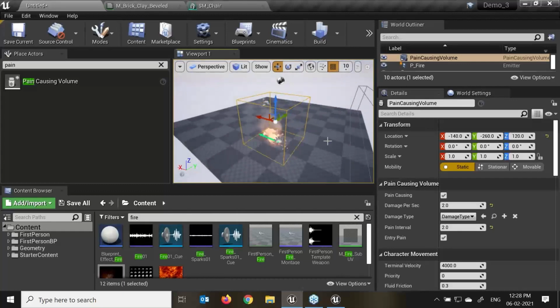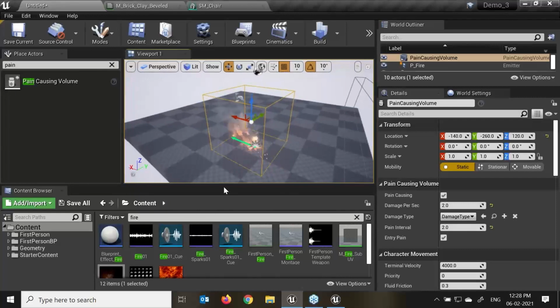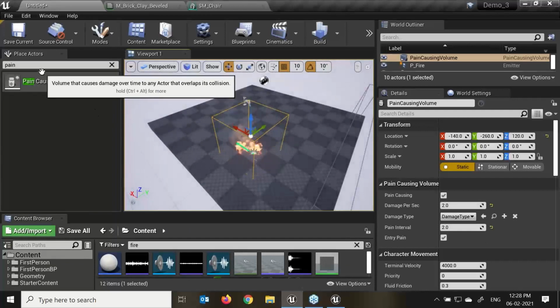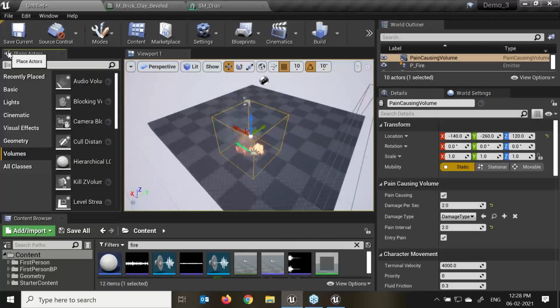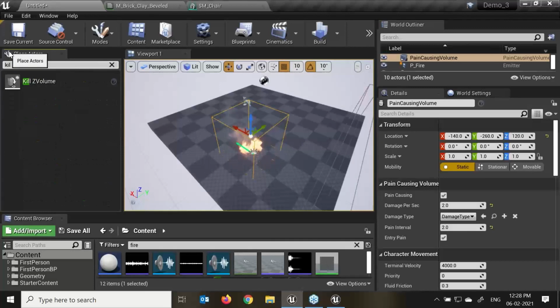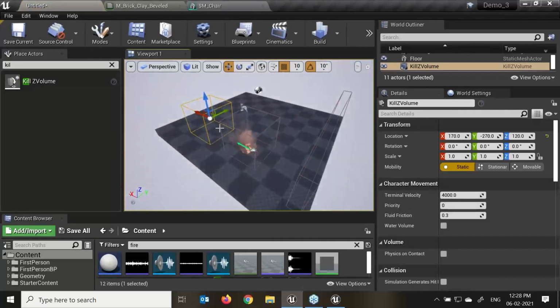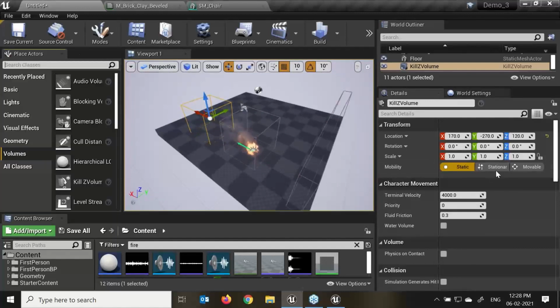We have to create such events, but with the help of these different tools, we are clearing the initial steps. Why is this used? We have the pain volume, then we have the kill volume. If I drag and drop over here, this is my kill volume. See, everything is coming into the container. Entry or exit is really very important for this volume. We also have to use the blueprint editor because we have to create an event for that.